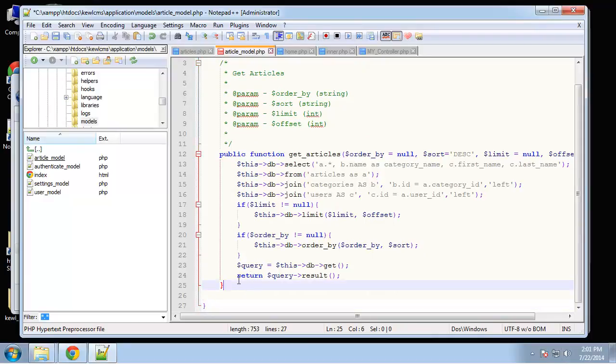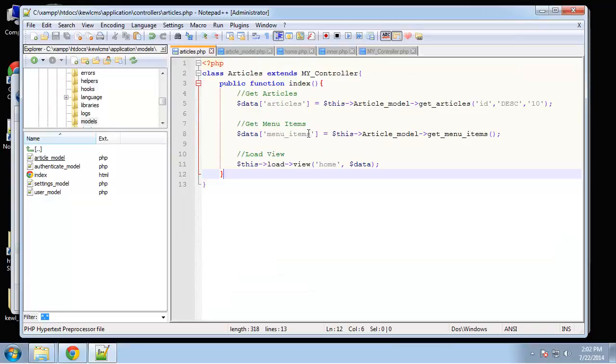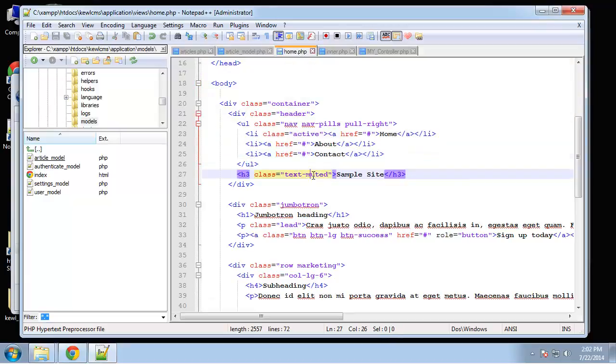Alright, so this is going to be a very simple function. Basically we're just saying to get all the rows from the articles table where the in menu is a 1. Alright, so that's how we're going to know if the article should be in the menu, and then we're just returning the result. So we'll save that, and we're passing that into the view through this data array. So we can go to the view,